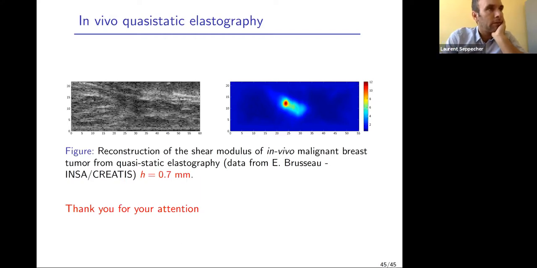Actually, yeah, so the key is that we never solve the forward problem. So we never solve the elastic PDE because, of course, if you do this, you need the boundary condition and you need to know it well. And so we try to forget about the forward problem completely and only see the inverse problem